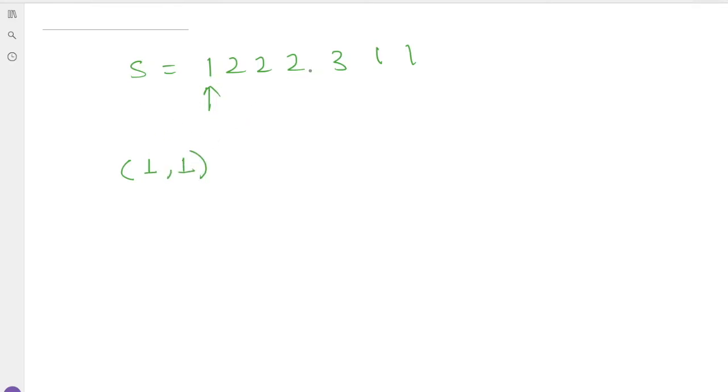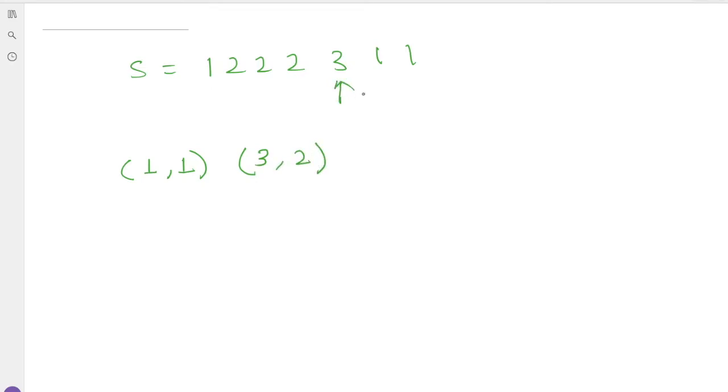Now we have to move forward. The next one is 2 and the consecutive one is also 2, and the next one is also 2. Now this one is different, so we have to print the count of that character, which is 3, and the value. Now we move forward.